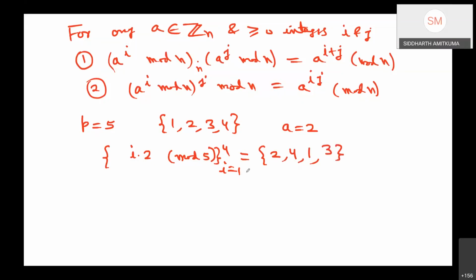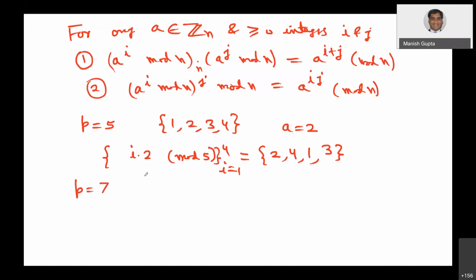So what is happening? I am taking the numbers from 1 to p minus 1, taking any number, and multiplying it with all the numbers, and you see that a permutation is happening. All the numbers come back, with no repetition, but they are just permuted. Let us take another example and observe this.